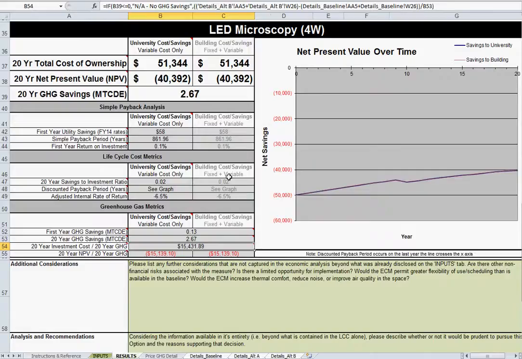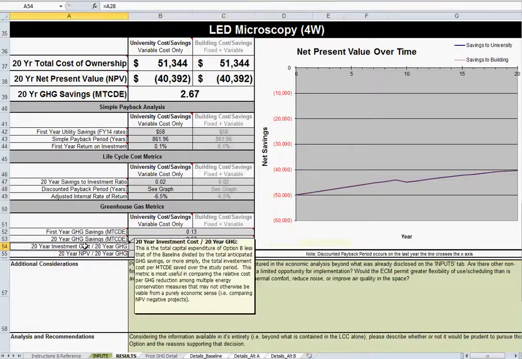That point will come at some point. We're not there yet. There's still plenty of opportunities on campus both to save money and reduce emissions, but eventually it seems reasonable that that's not going to be the case at some point. So if we had multiple measures, we could start to say, okay,